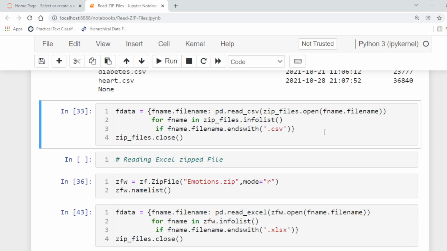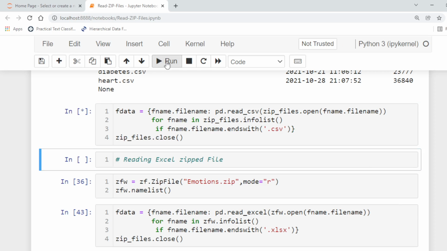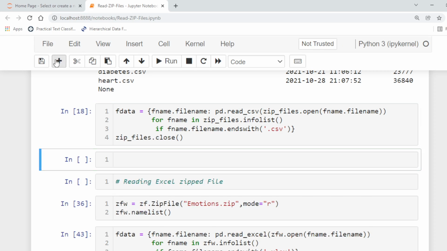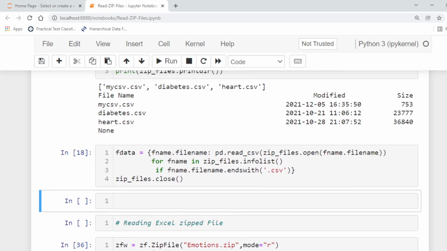Now to retrieve the data, for example to read the files, let's say there are 3 files stored. If we want, for example, heart.csv, because this is a Python dictionary, we can use the key.